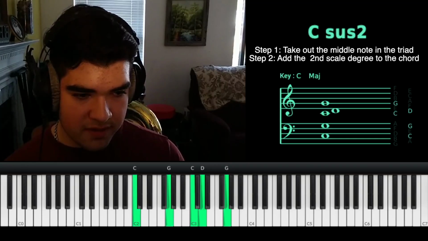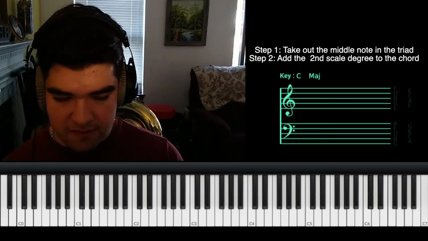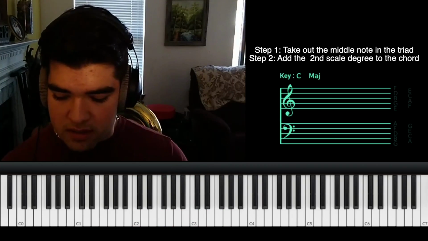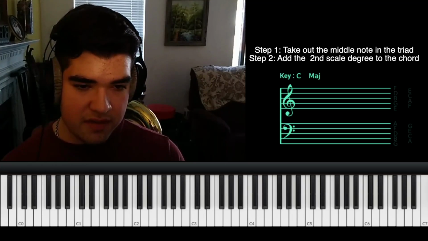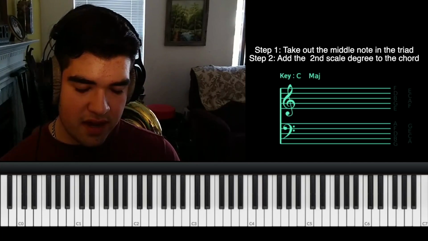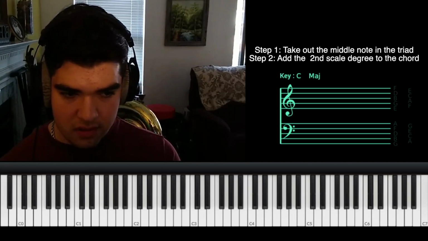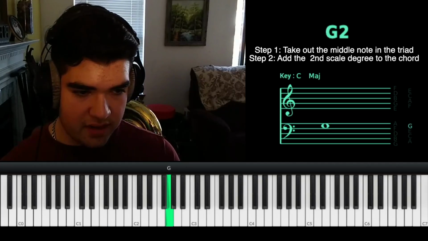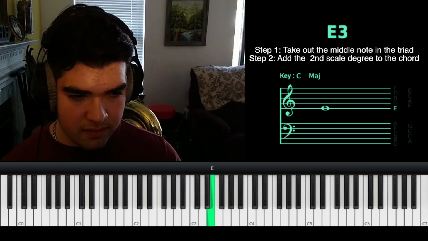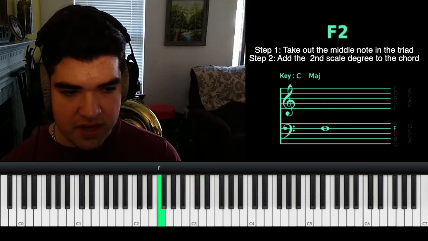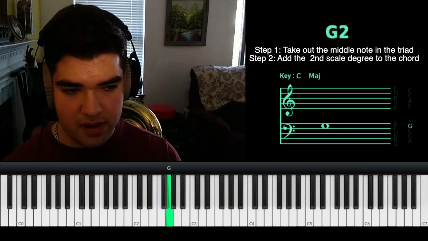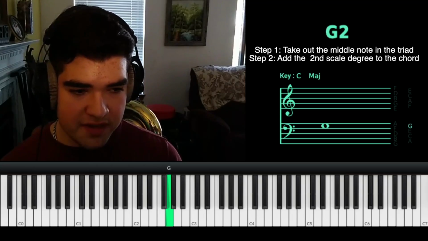Let's do another example on F. On F, we're going to do the same thing. Let's find the second scale degree of this F major scale. So we're going to go F, G. That's second. 1, 2. And you don't really need to play the whole major scale because you only need the first two. Okay? So we're going to add this G